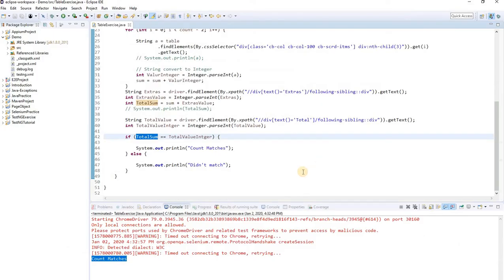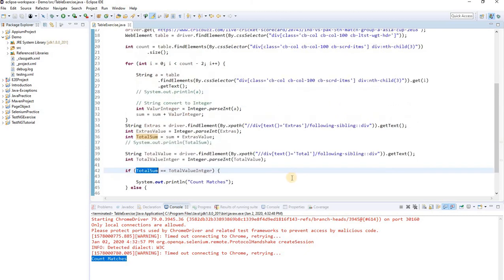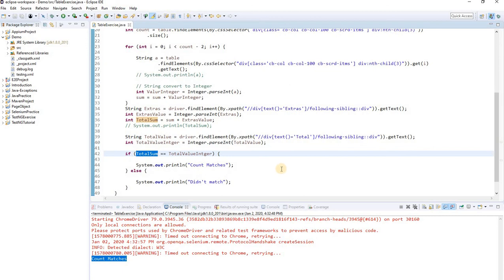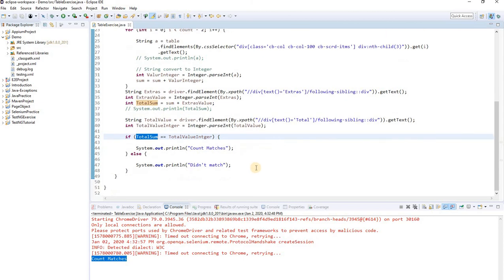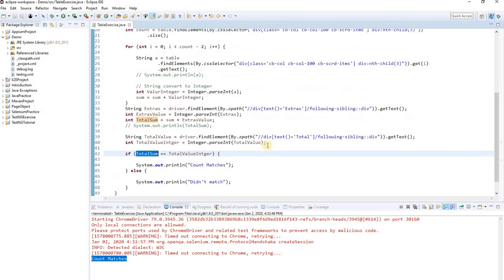So pretty much that's it about how you can do the automation in a table, any data or any value or any object in a table, right? Nothing is hard coded here. It's all dynamic. If tomorrow any other rows are added to this table and any value changes, there will be no problem. That's why we didn't directly hard code any specific object. We use the relationship between the